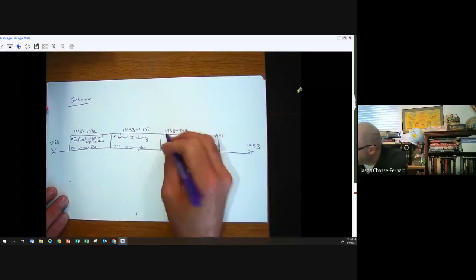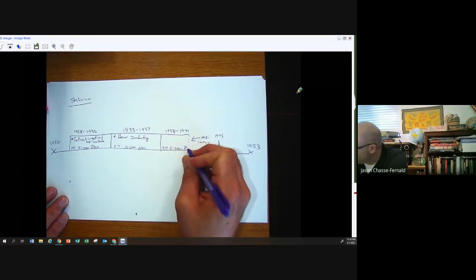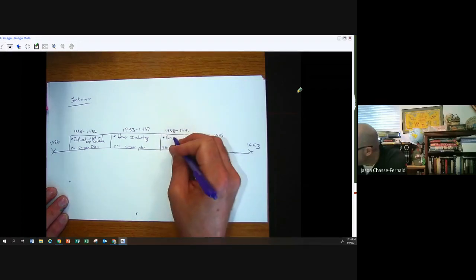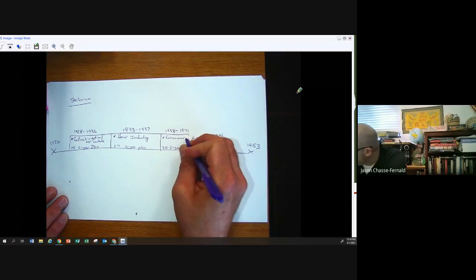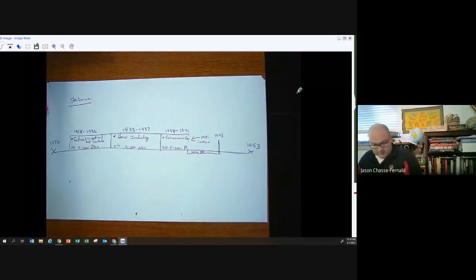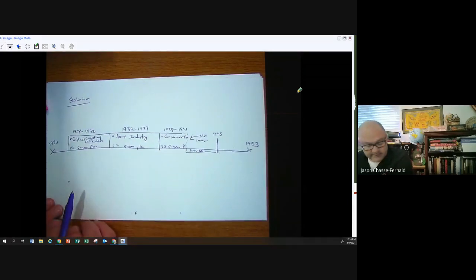And then our third 5-year plan gets stopped, and that was supposed to be focused in on consumer goods, all right? But the Nazi invasion will cut that thing short, okay? And I've got a couple slides that I'm going to kind of run through with you in a minute, but I just want to kind of break Stalin's rule into a couple of different time periods. All right, so we see here,